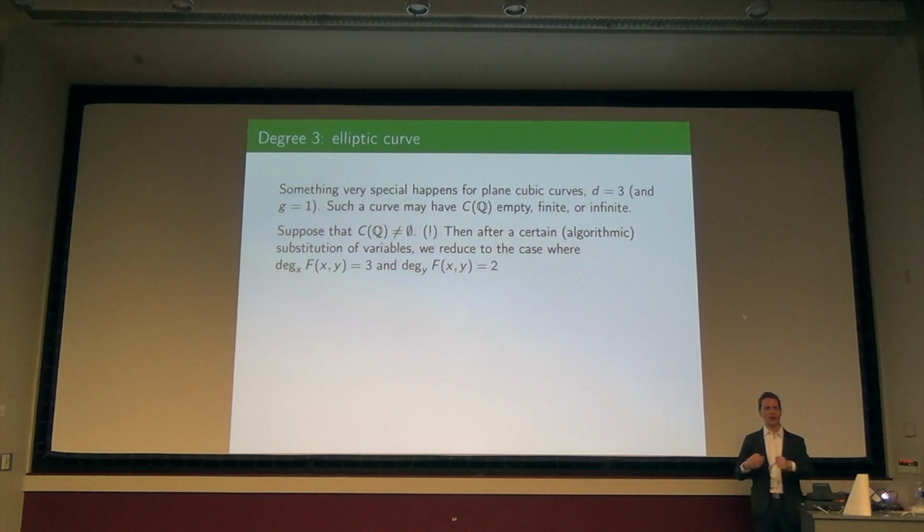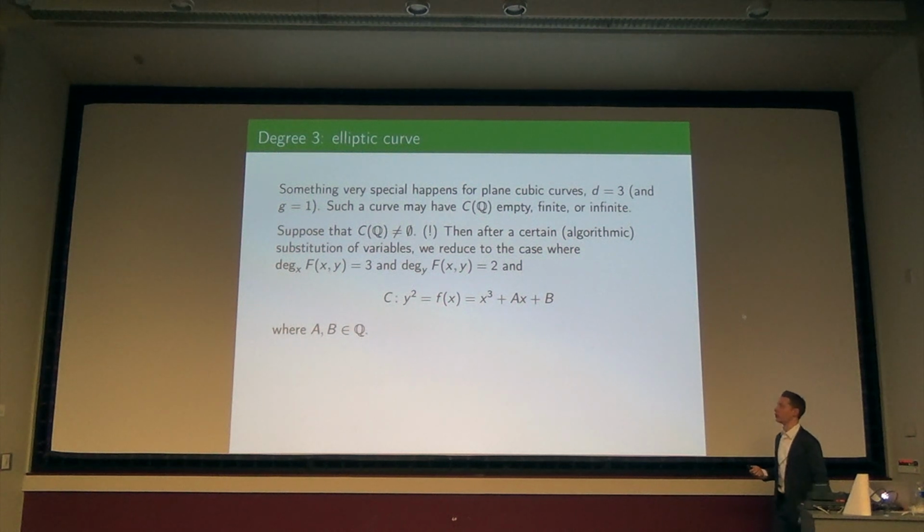completing the square. So there's some transformation of the variables that takes that general cubic equation and turns it into just one that's easier to study, simpler, and that you can wrap your head around. First of all, you can eliminate a y cubed to make it just a y squared, then you can really complete the square. And what you end up with is an equation like this, y squared equals f of x. Isn't that nice? You really get to reduce the number of monomials by being careful about substitutions like this.